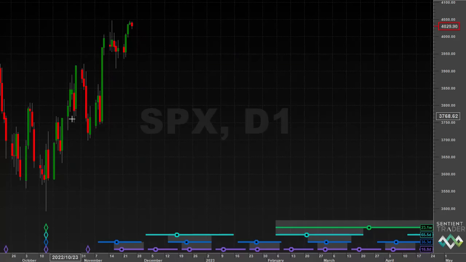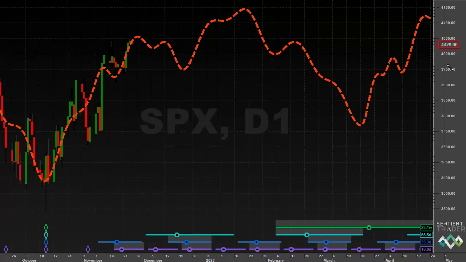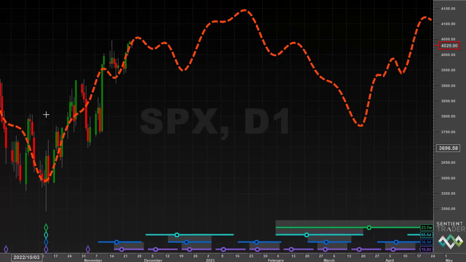action unfolds. There is an interesting tool in Sentient Trader called the composite model line, which takes the analysis that has been found on the chart, and in the past it recombines the influence of each one of these cycles by calculating the wavelength and the amplitude of each one of those cycles and recombining them and producing this orange dashed line. It then extends that line into the future on the basis of the idea that the cycles will